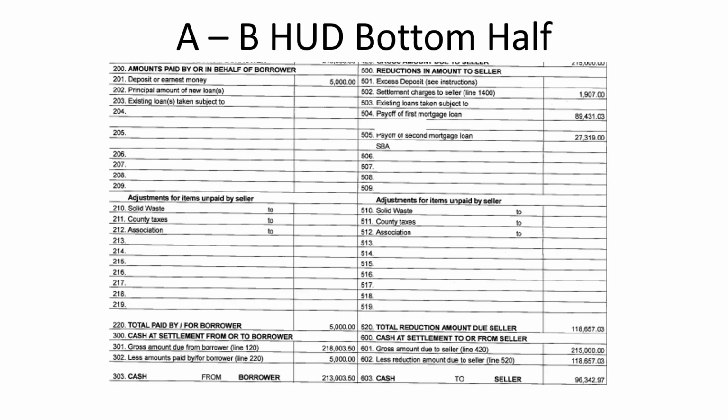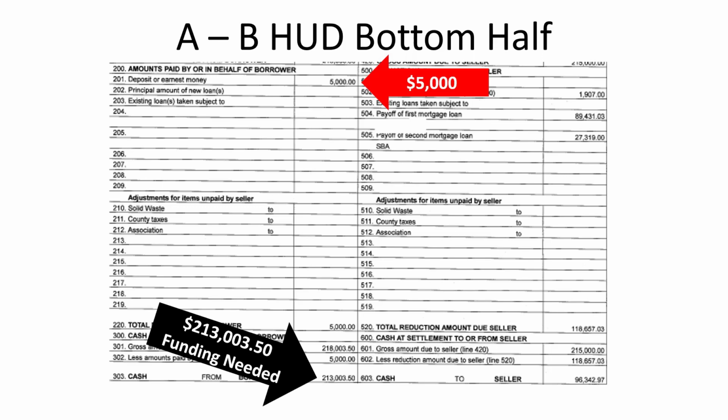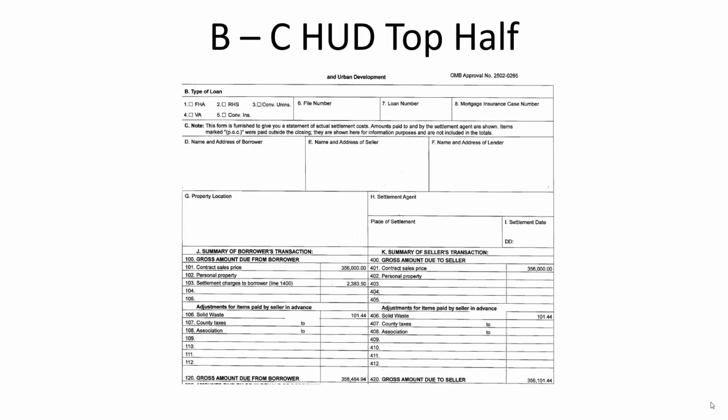Bottom half of the A to B HUD, again, two things are important. First of all, the earnest money deposit, $5,000, and secondly, the amount the investor needed to come to closing with that he did not have. That's the amount of funding that was needed. So now we're going to look at the B to C